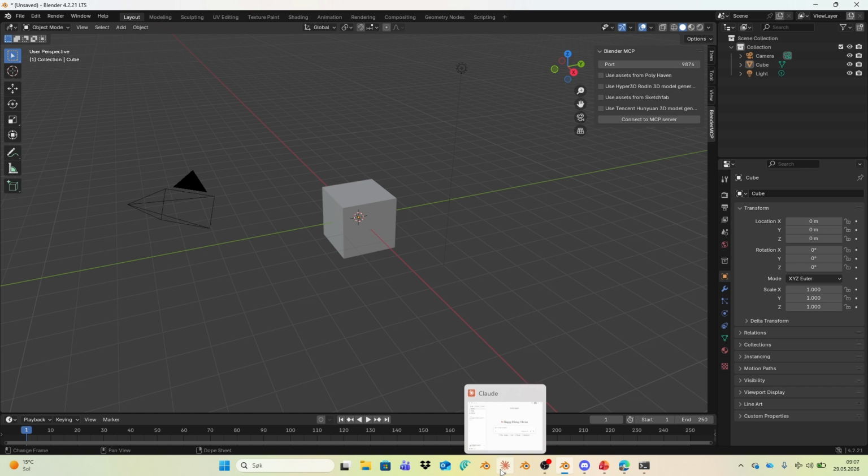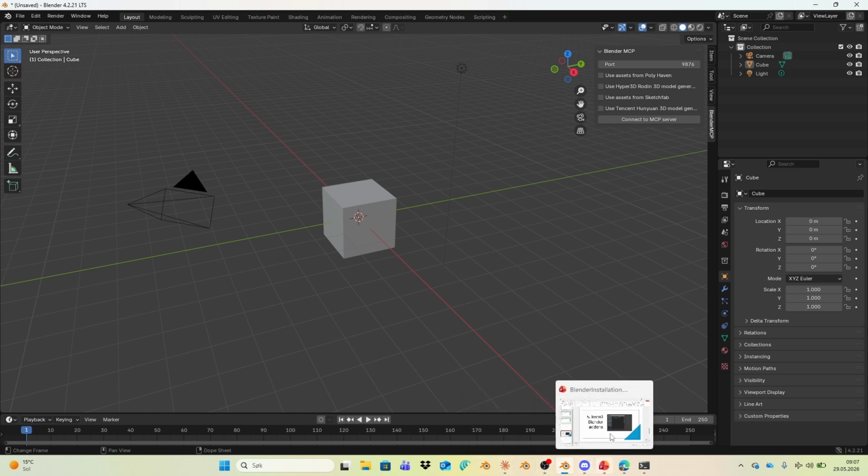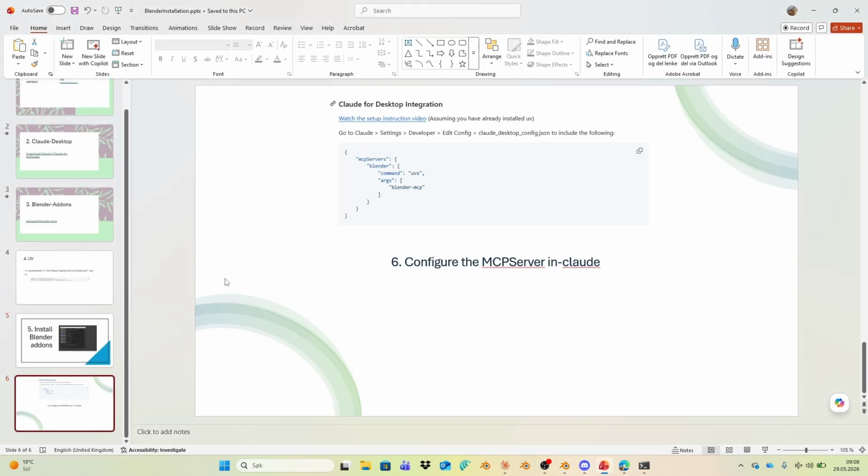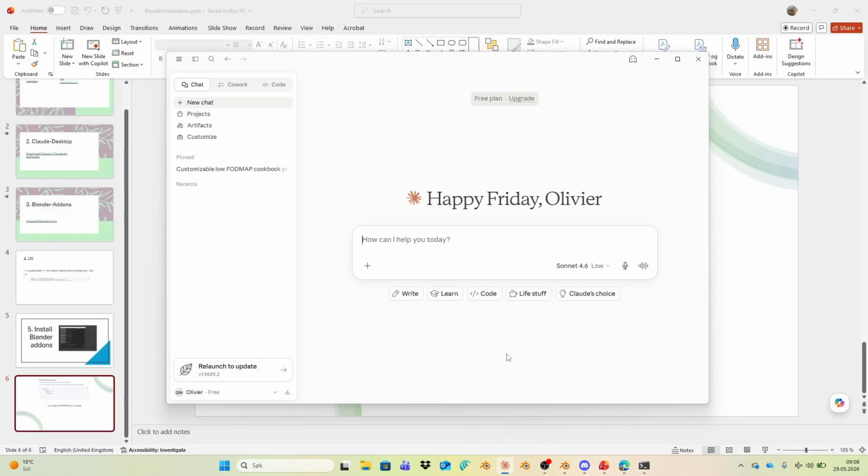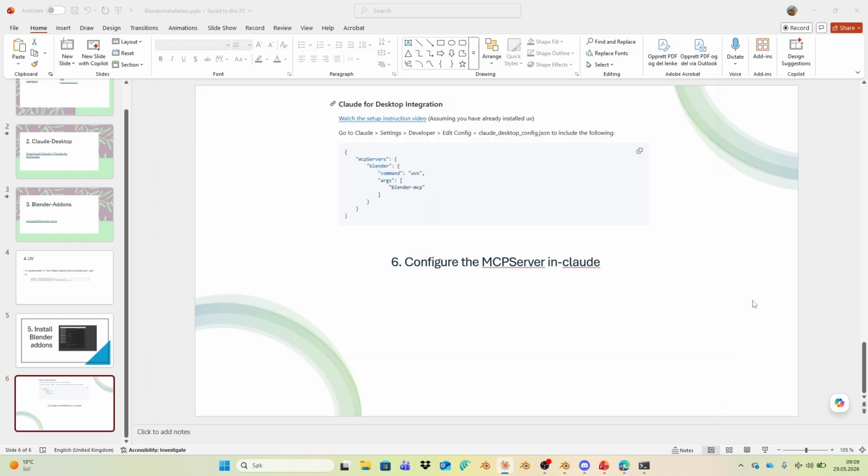Now we're coming to step number 6. Step number 6 is to configure the MCP server. We do that in Claude. I hope you have already downloaded and installed Claude on your computer, the Claude desktop. So here we are as well going to follow the steps that are given in the